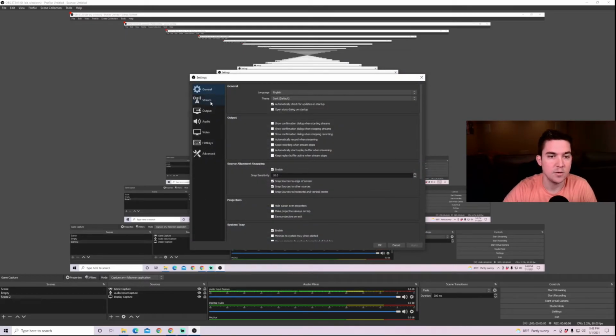Next, we'll go into settings. So a few things I'm going to go over. In general settings, there isn't much that I change here, especially this being a beginning tutorial. I like the dark mode, so I keep that dark mode, whatever language you're using. And then in the stream settings,